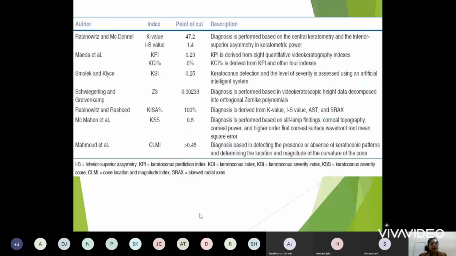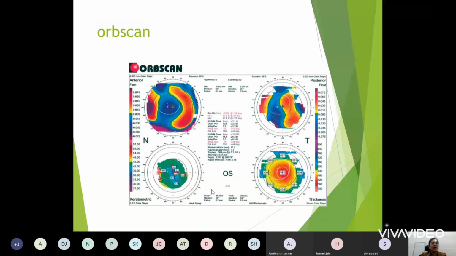Coming to OBSCAN, the OBSCAN also has a 4-chord map. Once our basics of anterior float, posterior float, pachymetry and axial are clear, any map we can read, let it be from OBSCAN, Ceres or Galilei. All the maps can be read with the same knowledge. During image acquisition in OBSCAN, 40 slits are projected sequentially on the cornea, 20 from the right, 20 from the left, at an angle of 45 degrees, and the anterior and posterior edges are analyzed.